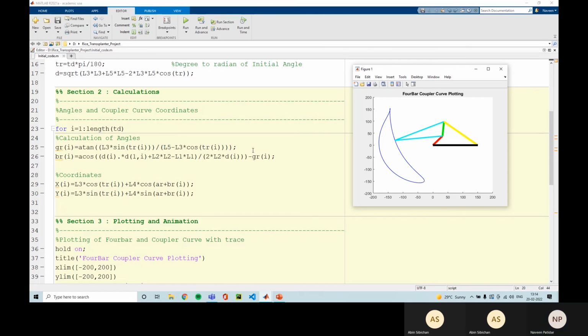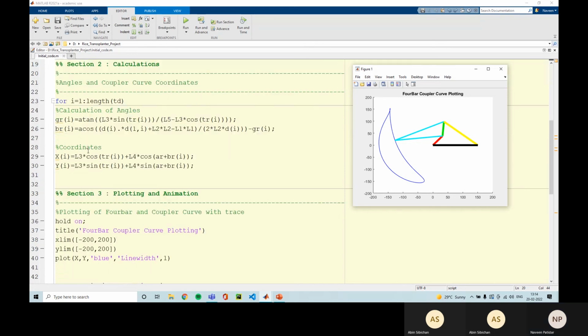So then using perpendicular by base, similarly we calculated beta, that is a cos t square plus L square minus L1 square by 2 L2 Ti minus gamma. So this is how, need not to worry all about the calculation part. So we have calculated gamma and beta. Now we will calculate and find the coordinates x and y.